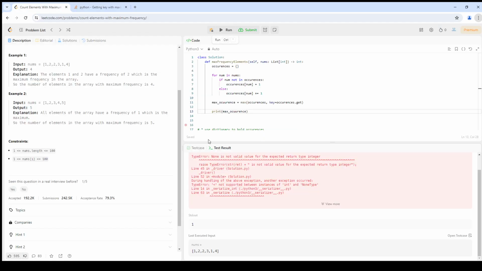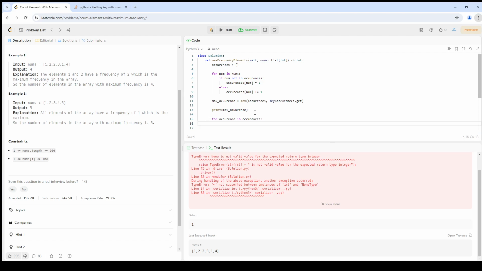Okay, so we get that 1 is the item with the most occurrences, which is true, but so is 2. So then we have to iterate again. So for occurrence in occurrences, we can say